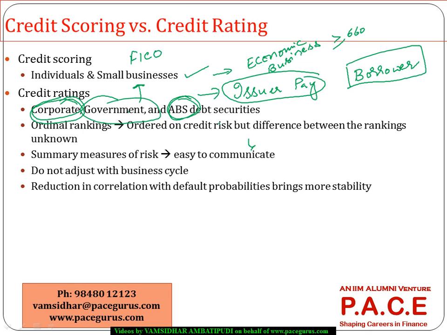All these securities, all these borrowers, wherever a borrower is involved or wherever a lender is involved, there is a possibility of credit ratings coming into the picture. So they are very good summary measures of risk, because there are two major rating agencies in the United States, the S&P as well as Moody's. They give credit ratings. So probably a AAA, AA plus, some such kind of